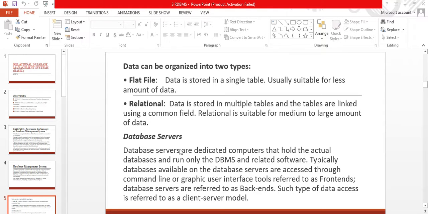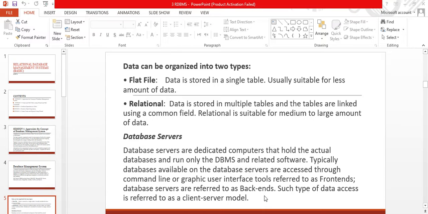Database servers. Now, database servers are dedicated computers that hold the actual database and run only the DBMS and related software. Typically, databases available on the database server are accessed through command line and graphic user interface tools referred to as a front end.